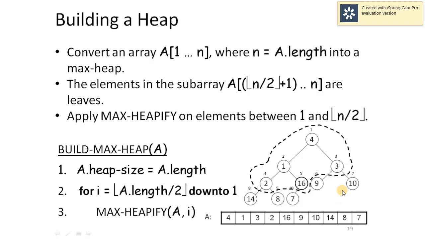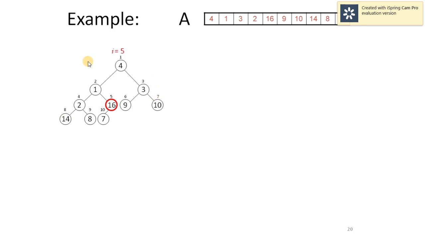So if we execute build max heap on the given example, these are the steps which actually happen inside the computer system. This is the array A, and these are the values. From index position 6 to 10, they are the leaf nodes. We will not do anything. So I'll directly start with index position 5 and call the max heapify function.